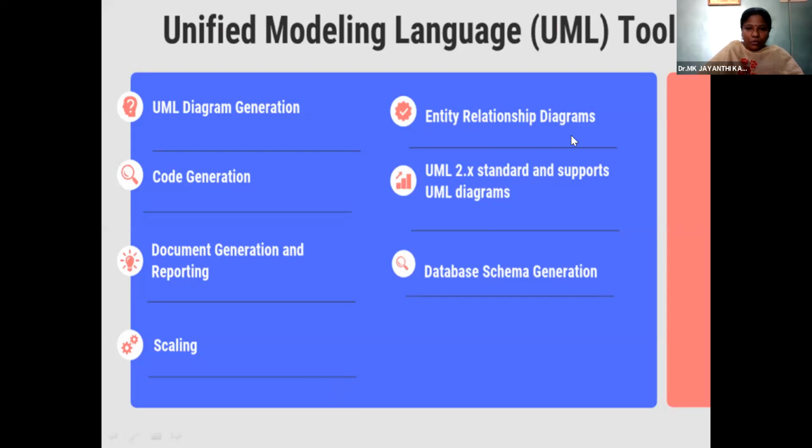If your project is using so many tables or databases, then to represent the tables and database components, you need to draw the entity relationship to represent the queries and constraints. So the constraints will have the data control and machine control operations that we can create using the tool. If you are using UML Rational Rose, that will provide you all these options. And the latest version of UML is the UML 2.x standard. All the diagrams we can create, and we can create the corresponding database schema also.